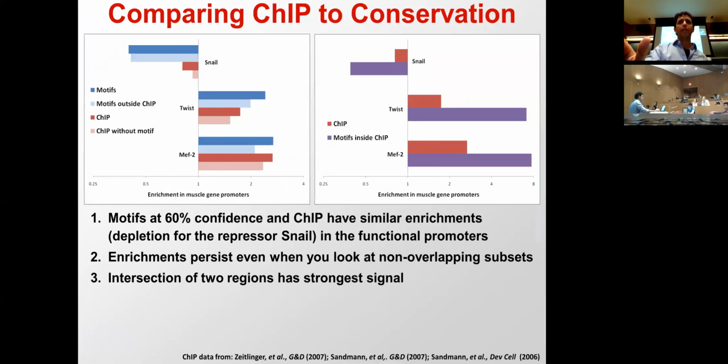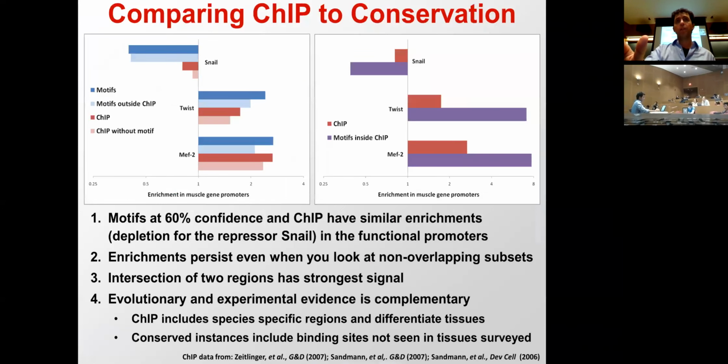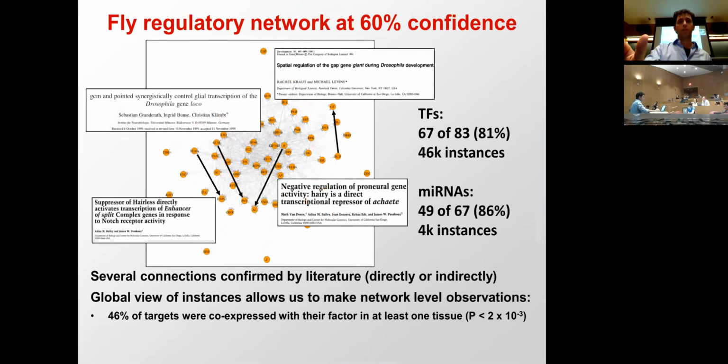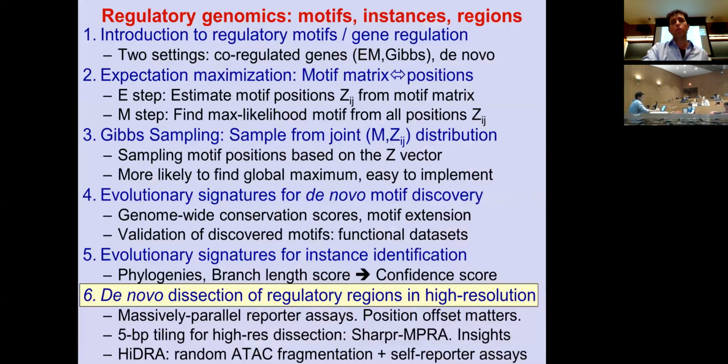So that's basically allowing me to now say that indeed this approach truly finds, de novo, these true instances. So that's basically now discovering motifs yet in another way, and then identifying their instances using evolutionary conservation. What I'd like to do now is switch gears again and talk about yet a third approach for dissecting the